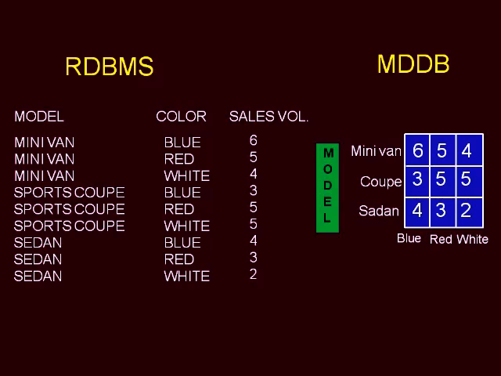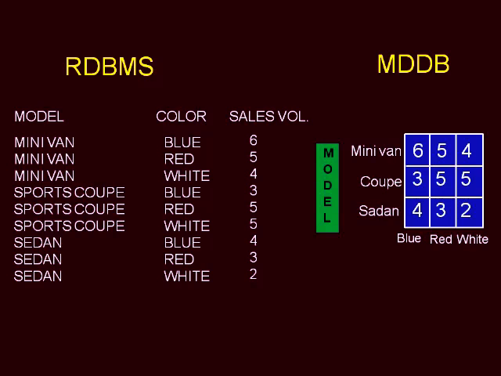Suppose you have 3 values here and 3 values here, then the 3-column representation of a relational model requires 9 into 3, 27 cells. Whereas the multidimensional database representation requires only 9 cells, 3 into 3, because there are 3 values here and 3 values here. If you extend the complexity by adding one more column, say dealership, dealer is added here. So whenever one more dimension is added, I am putting 3 columns for perspectives, that means dimensions, and 1 column for sales volume. So it's a 4-column table.